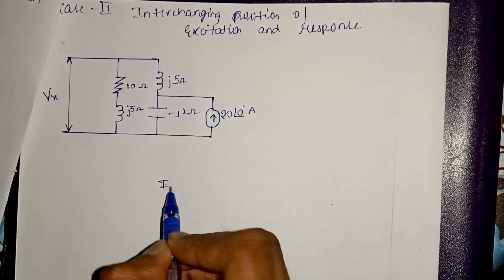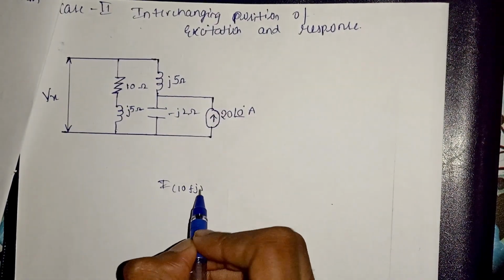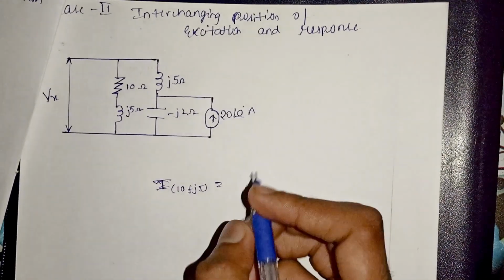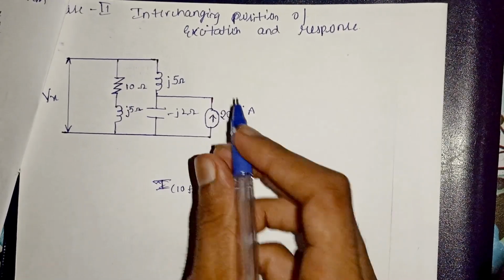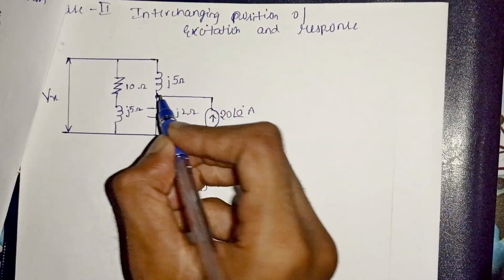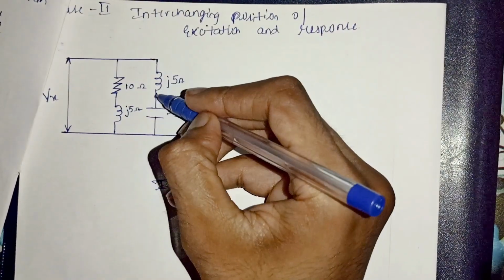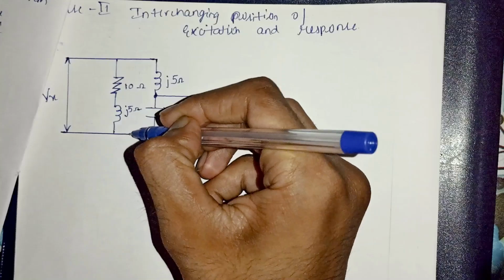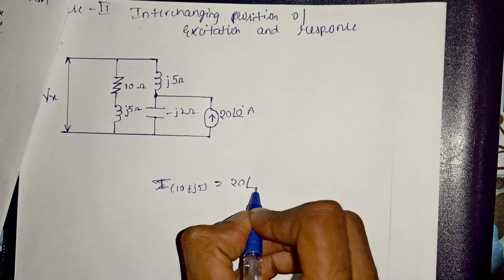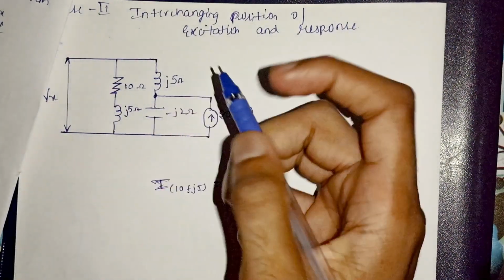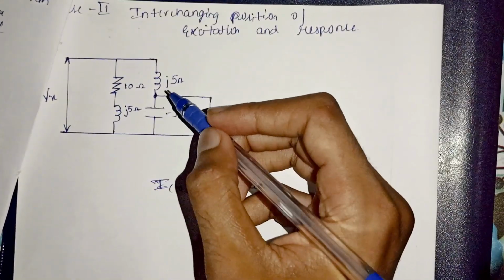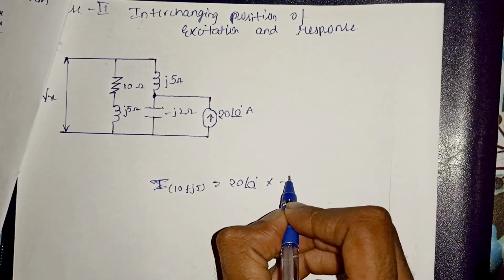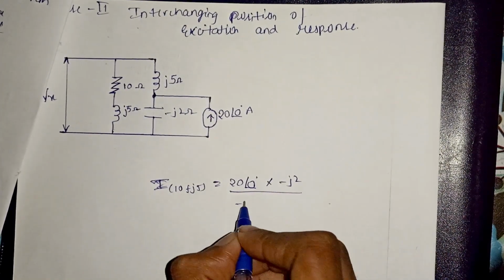By current division rule, let me call the current entering through the 10 plus j5 impedance I. The main current is 20 at an angle 0. Since the current gets split at this node into two paths, a part of it enters the j5 and then transfers across the 10 plus j5 impedance. So 20 at an angle 0, multiplied by the opposite impedance, which is minus j2 ohm, since I'm calculating the current through this branch, divided by minus j2